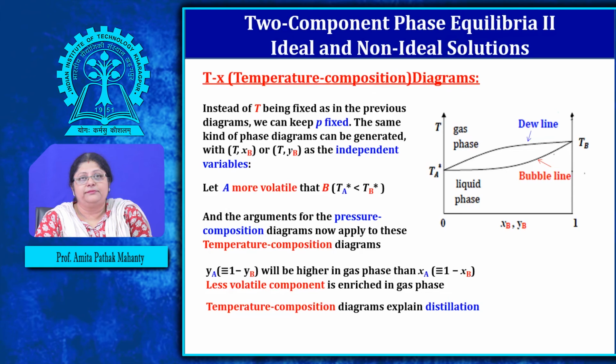Since it is an inversion of the temperature, previously the vapor pressure would have been higher here and lower on this side for B. Here it is lower, since it's temperature, the melting point and the boiling points. So these two are less volatile compared to this. So the curve is inverse, and since the curve is inverse, the vapor phase will be on the top and the liquid phase will be at the bottom. Okay, the reading is the same.